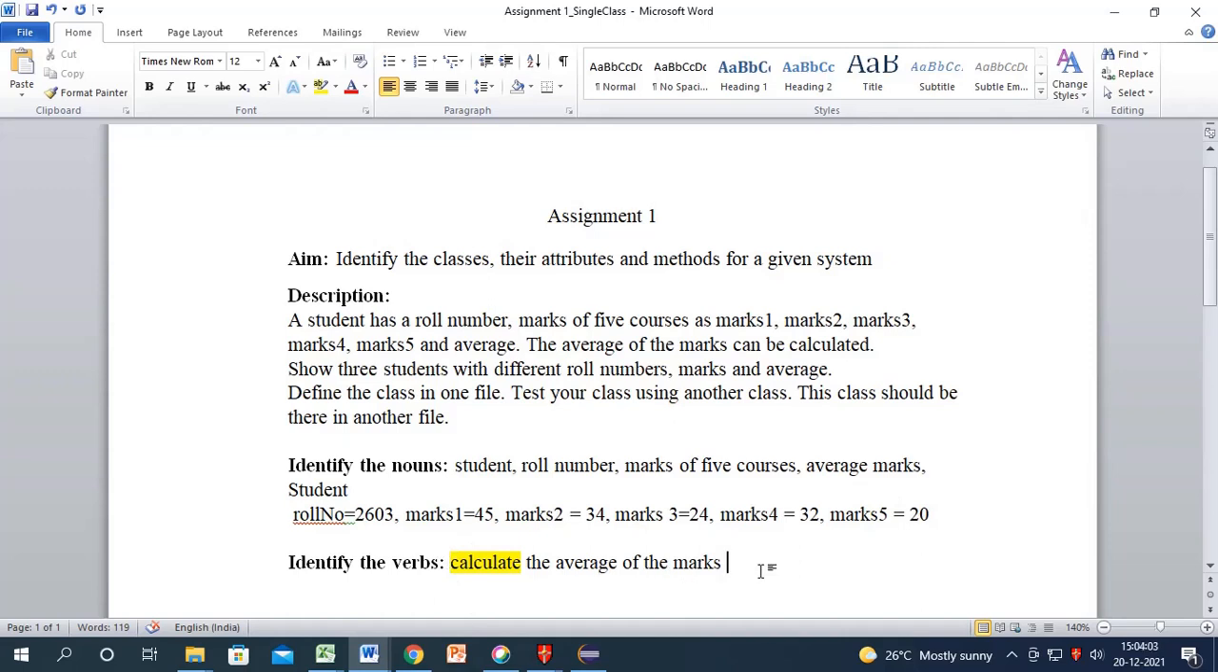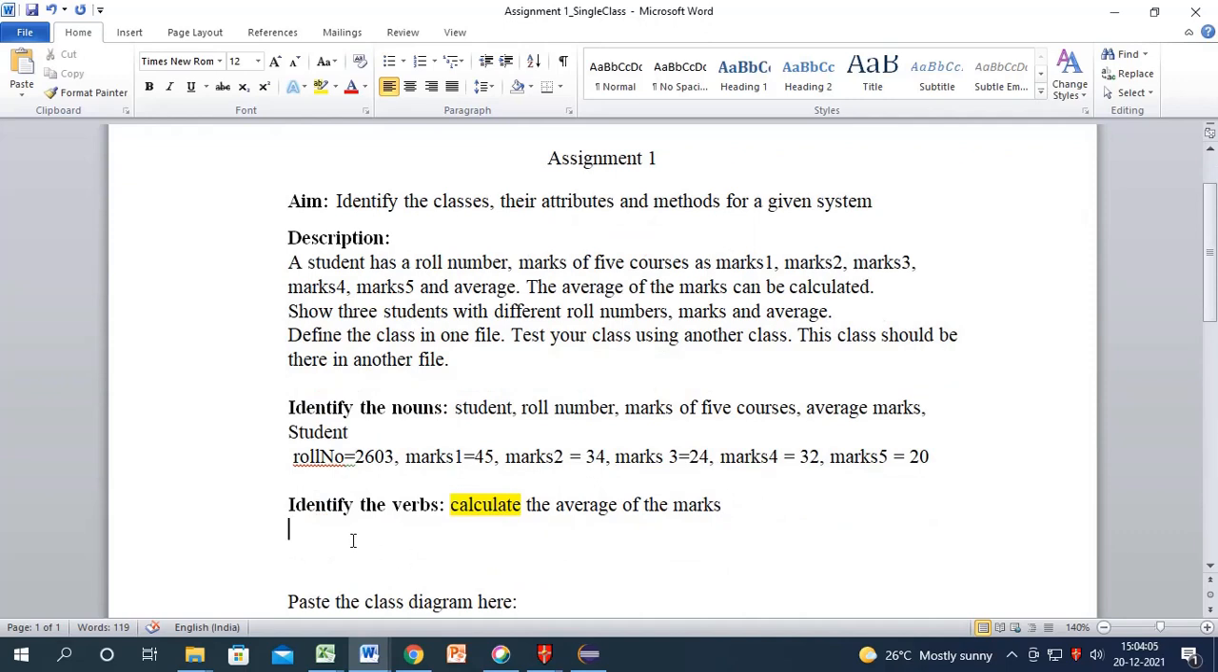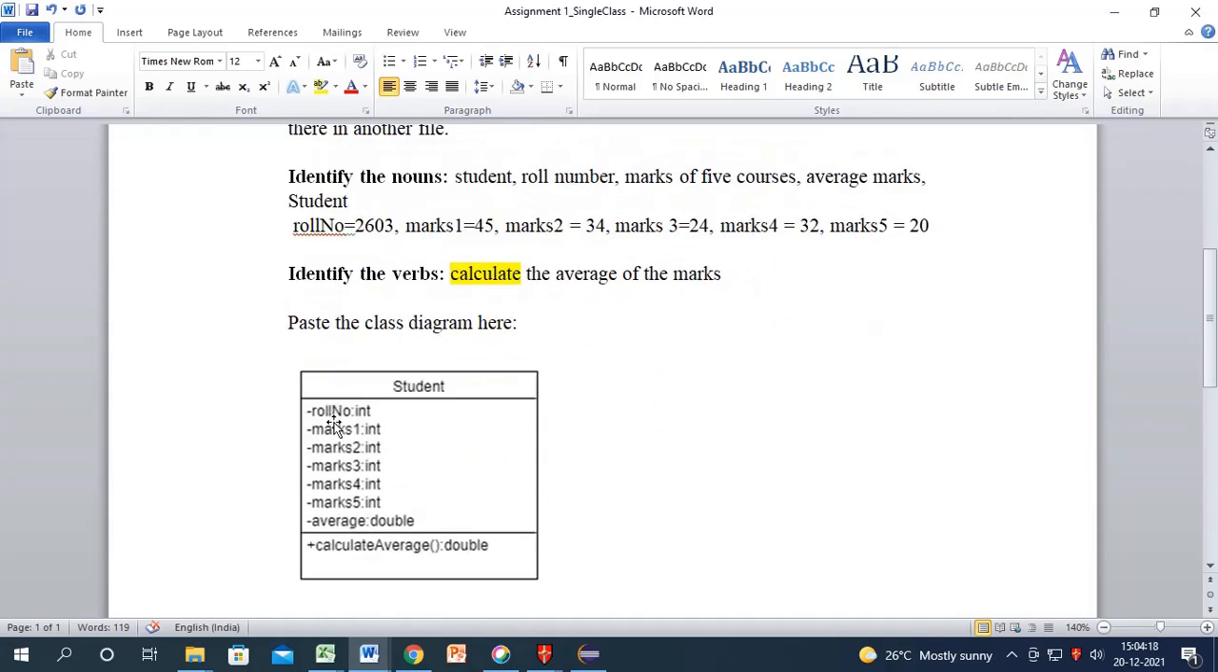So at this level, the behavior as well as the nouns have been identified. There is one class which is a student class, and these are the attributes which are 7 in number, and calculate average is the method of the student. Now how is this class diagram made? This class diagram is made using,